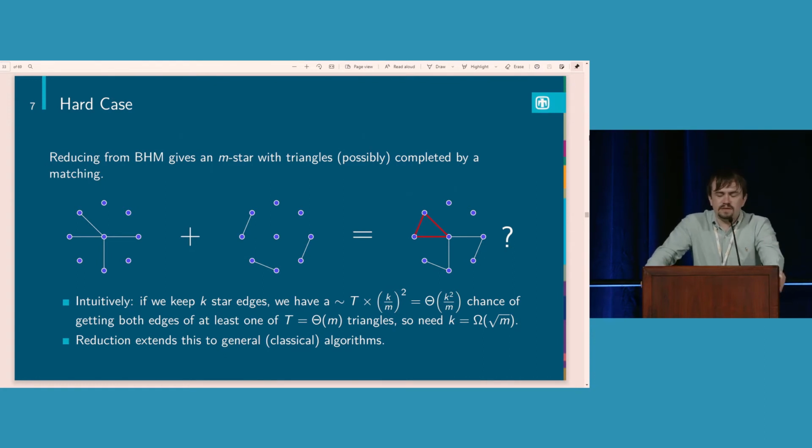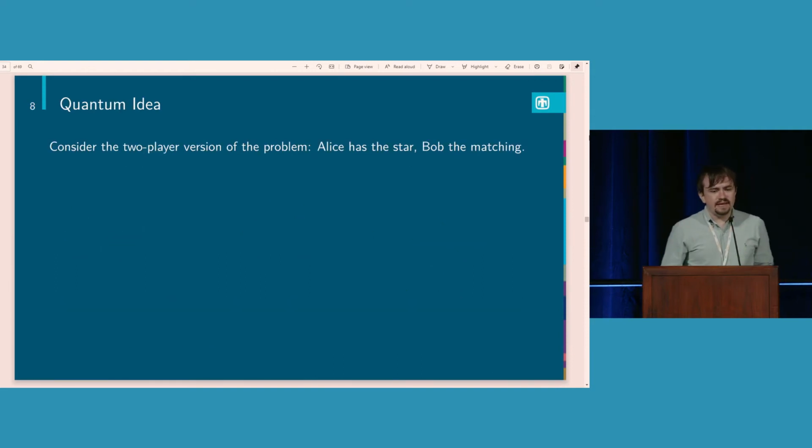So this is the hard classical setting that we want to start by trying to beat with our quantum algorithm. And we're actually going to start with something even easier, which is that we're going to forget even about the streaming part to start with, and just imagine that we're dealing with a communication game. So now we're giving Alice that star, we're giving Bob that matching, and we're asking, can we figure out a short quantum message that Alice can send to Bob that he can then use to determine whether they're in that triangle heavy or triangle light instance of the problem?